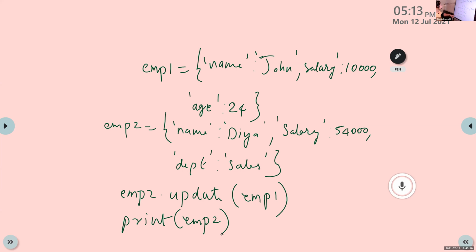In the previous question, we were updating employee 1 with employee 2, isn't it, Dia? Now it is employee 2 dot update employee 1. Write the output based on this statement.